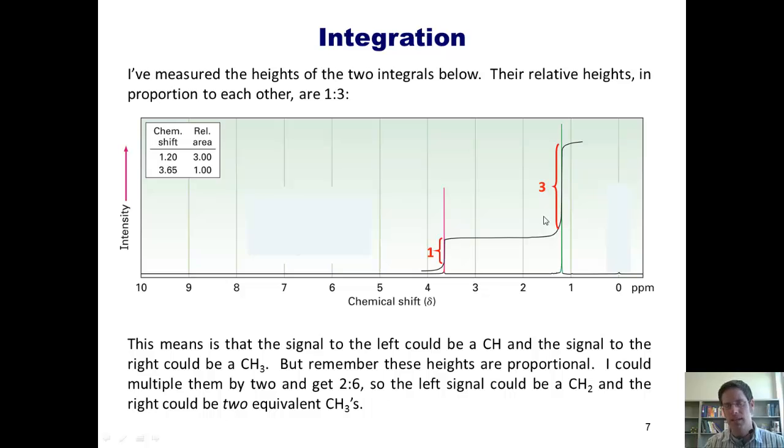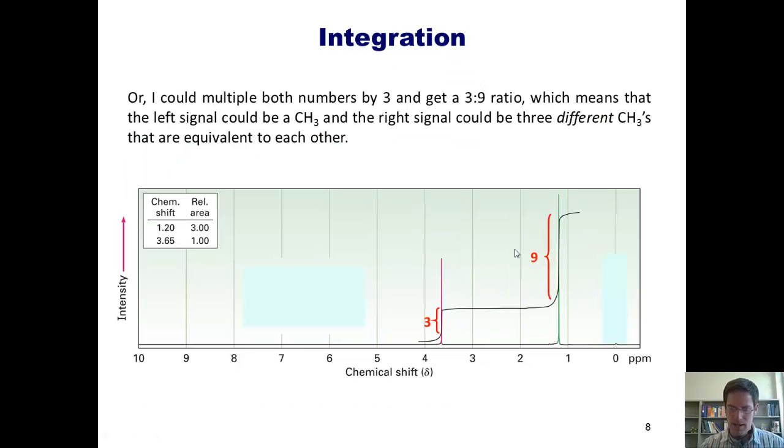What does this mean? Well, it means that the signal to the left could be a CH and the signal to the right could be a CH3. But remember that these heights are proportional. In other words, I could multiply them both by 2 and get a 2 to 6 ratio. That would probably correspond to a CH2 and 2 CH3s. Or I could multiply them all by 3 and get a 3 to 9 ratio. In that scenario, this would probably represent a CH3, and the one on the right would represent 3 separate but